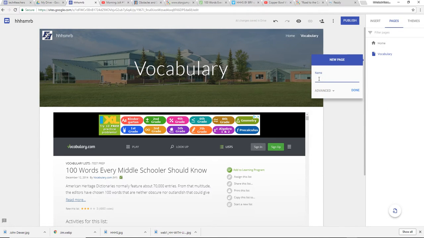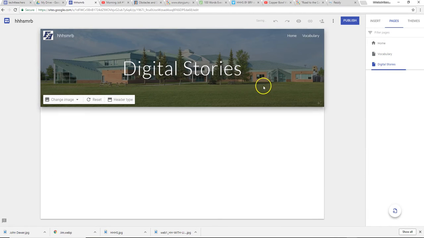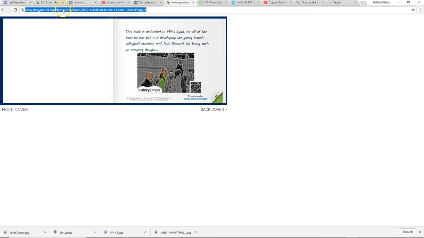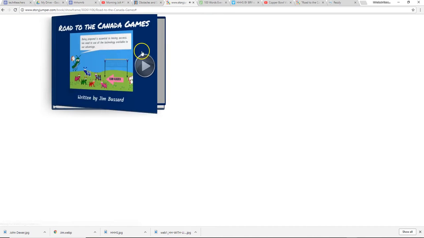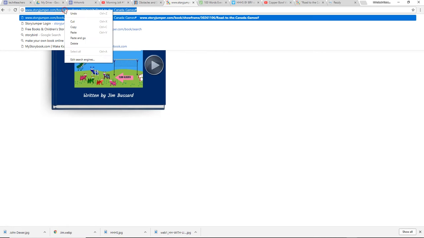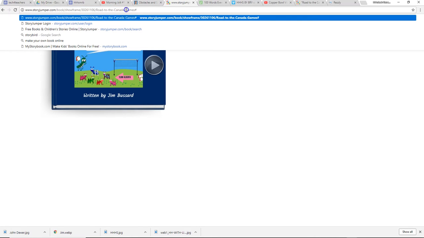So we're going to have another page here, and this page is going to be digital stories. So you're going to create an assignment, or maybe you've created an assignment and students in your class had to create digital stories. You have an exemplar, you have something that you want to showcase to show other classes. So up here I have, this is a storybook that I created, and I'm going to copy it,